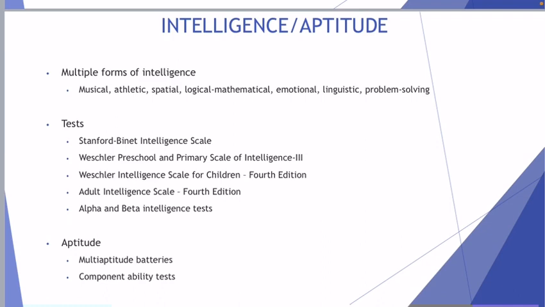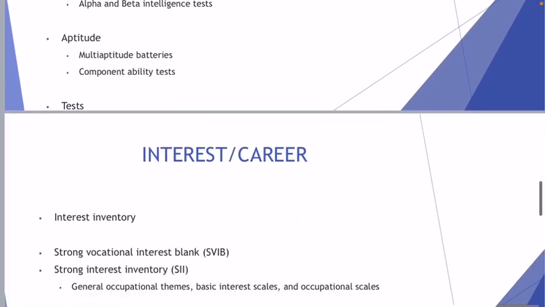Aptitude tests are similar in many ways to intelligence tests, but they are designed to tap a narrower range of ability. An aptitude is a capability for a task or type of skill. An aptitude test measures a person's ability to profit from further training or experience in an occupation or skill. They are usually divided into two categories: multi-aptitude batteries and component ability batteries. Respectively, one measuring a variety of potentials and component ability measuring just one single ability or skill. Some of the best known batteries include,